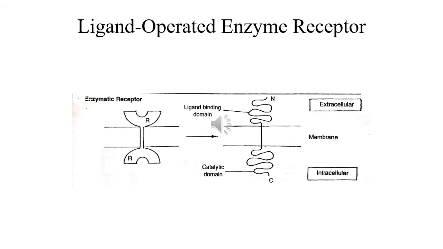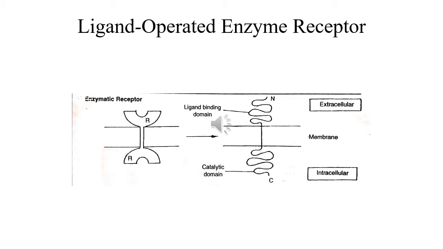Molecular structure of enzymatic receptors. All enzymatic receptors have a common pattern of structural organization. They are basically membrane bound receptors. They have very large extracellular and very large intracellular domains, and these domains constitute 400 to 700 residues in each. The extracellular ligand binding domain is connected to the intracellular domain through a relatively short single transmembrane stretch of peptide chain, as seen in this diagram.